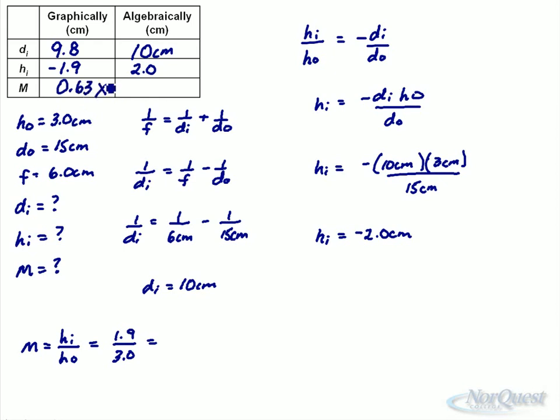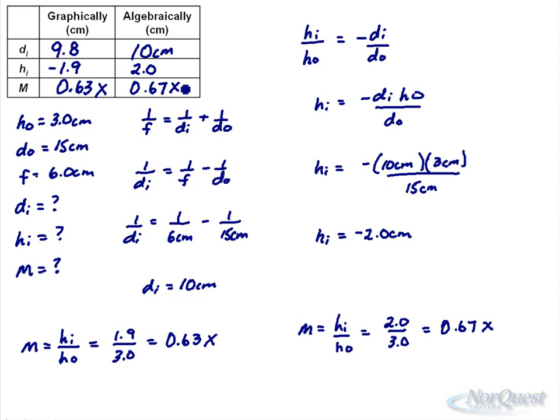Should be a number less than 1 because it is smaller. And then do our algebraic calculation. HI over HO. Algebraically, we've got 2.0 over 3, and you should get 0.67 times. Again, fairly close with our ray diagrams in comparison to our